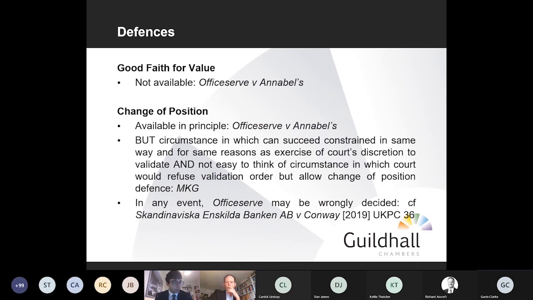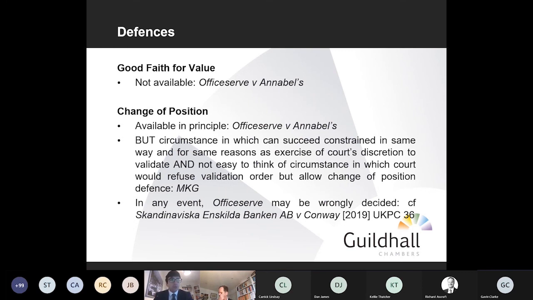And I've always thought that decision was wrong, because Parliament appears to have drawn the line. It understands that where you've got a transaction at undervalue or a preference, you've got to balance the interest of the creditors as a whole against the person who's been the recipient. And it seems strange if they can wriggle off the hook by saying, well, although this transaction was to my benefit to the detriment of creditors as a whole, since then my position's changed and I shouldn't have to give back. In the Privy Council decision in Conway, the Privy Council said, well, that's wrong as far as preference and